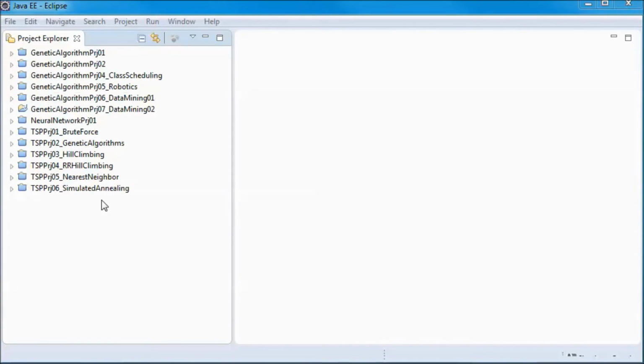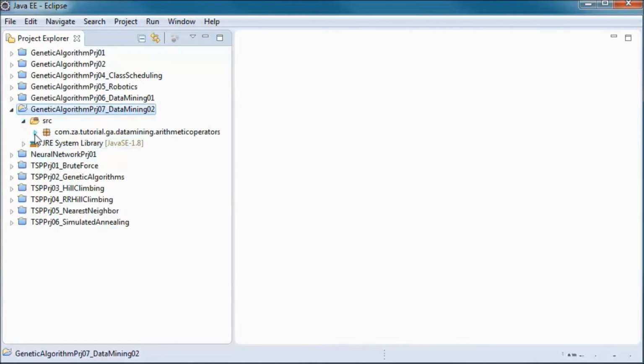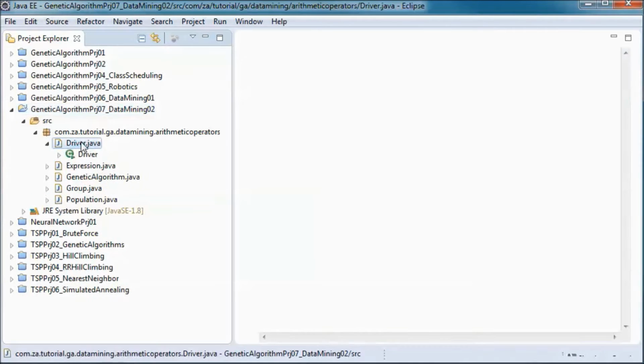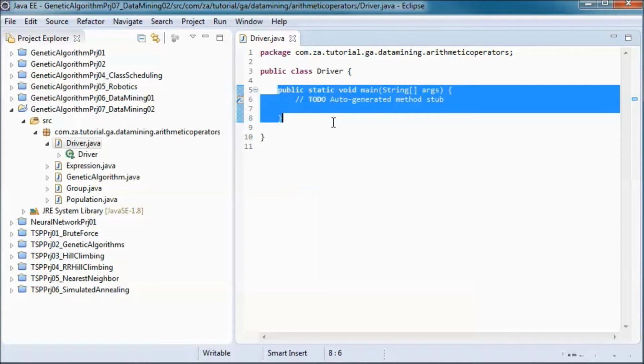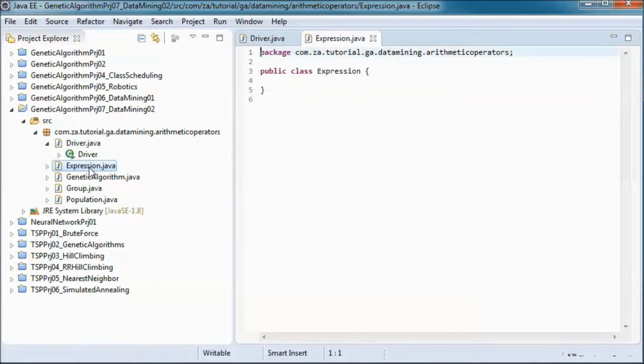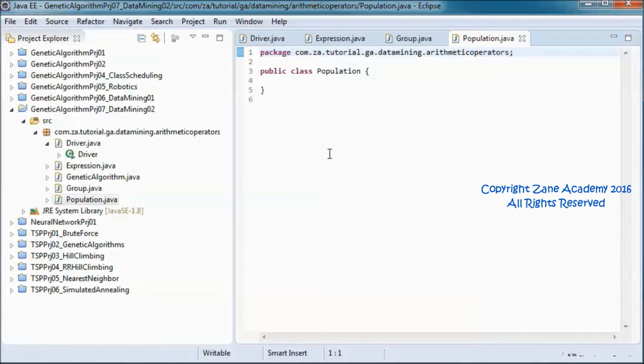Next, I went ahead and created a new project, and it has a driver class with a main method, and this class would be driving the application, and an expression class, and a group class representing a group of expressions, and a population class representing a population of groups of expressions, and a genetic algorithm class.